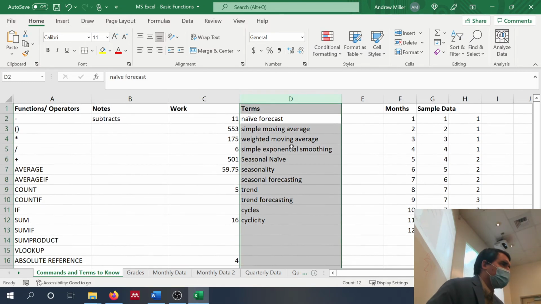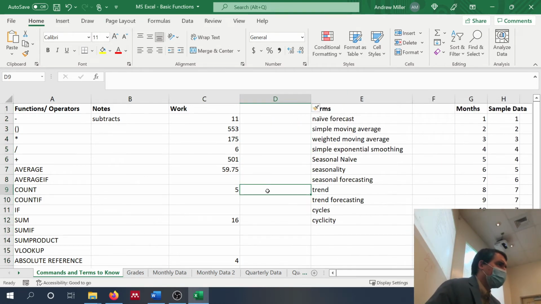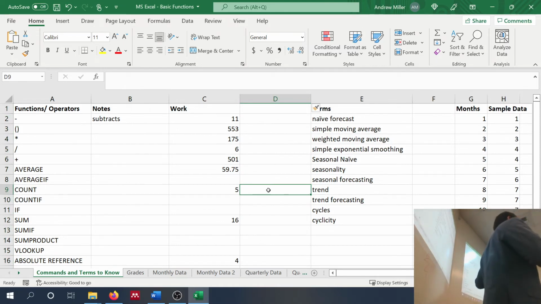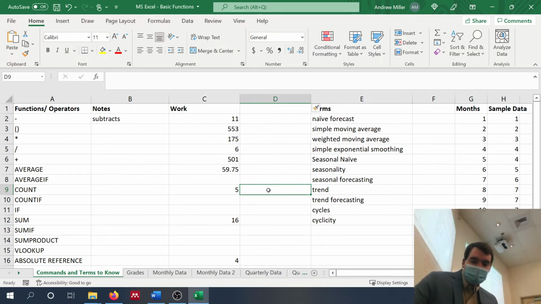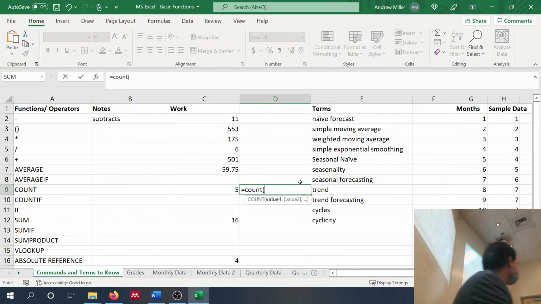So just click on the D column. Just click up here in the column D. Right-click it, go to Insert. So it just inserts another little column there for us. So now that we've covered references, we're going to cover ranges, because that's a very important concept as well. So come up here to count, hit equals, type in count. And I said earlier, we can do this two ways. We can either type in each of the values, or we can use a range.